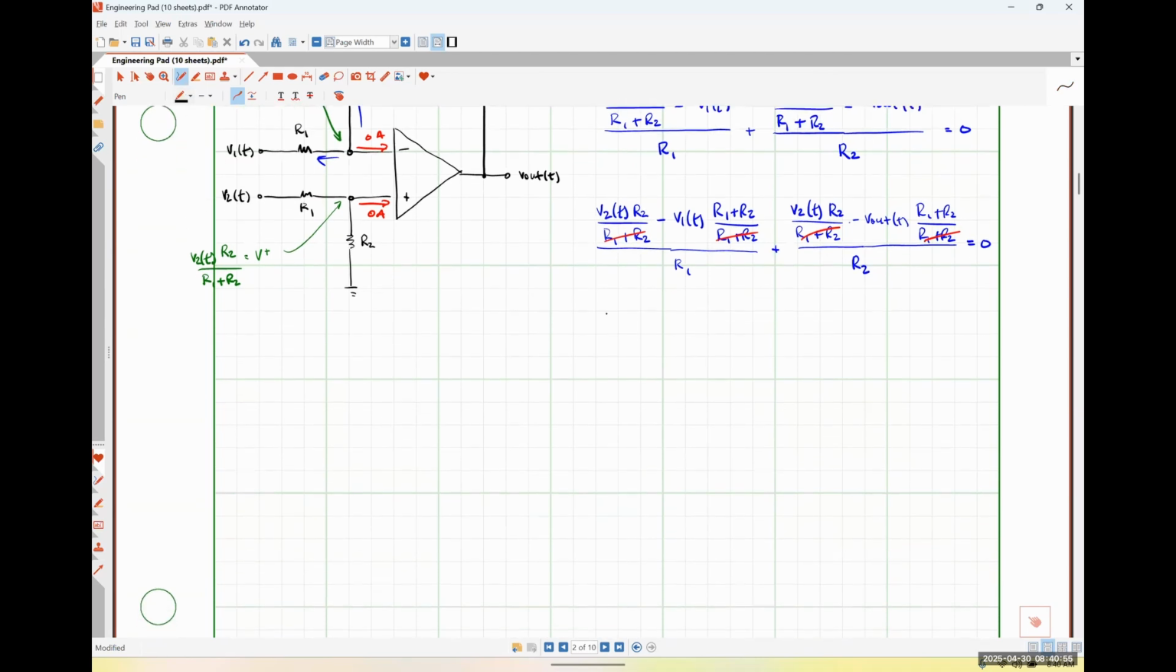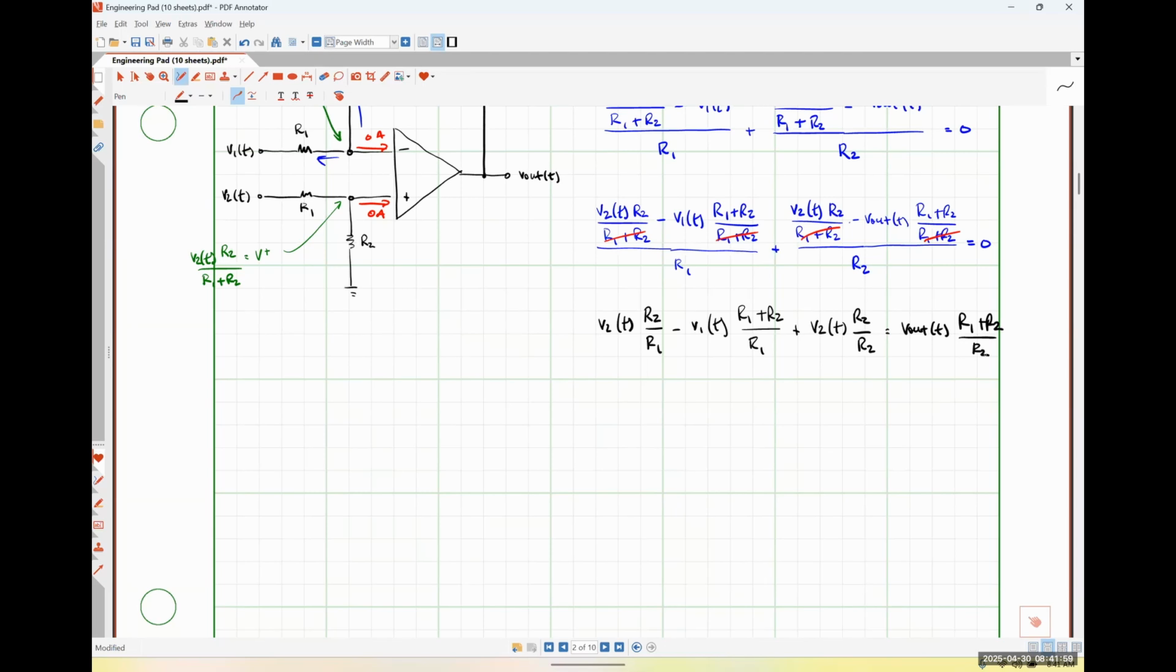So that's going to look like V2 times R2 over R1, minus V1 times R1 plus R2 over R1, plus V2 times R2 over R2, is equal to V out times R1 plus R2 over R2. And so what I could do now